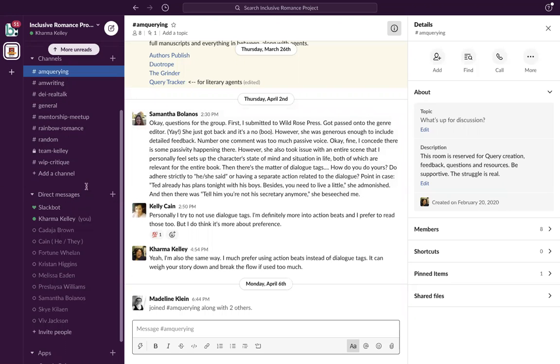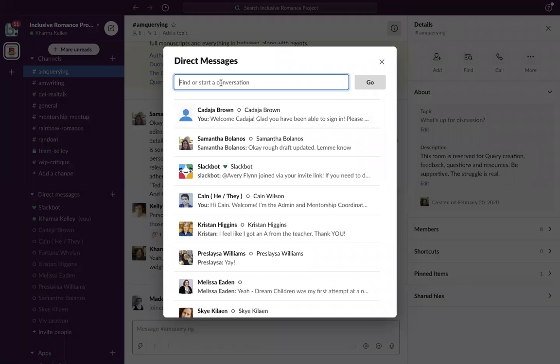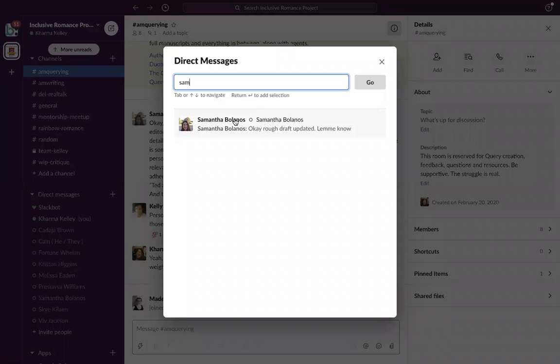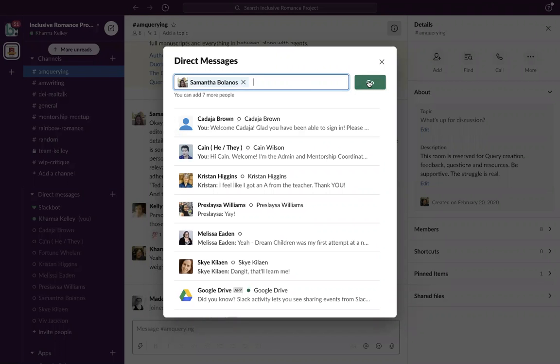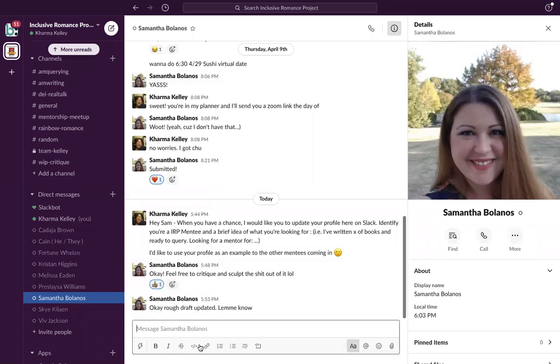So you can talk in a room, and that message is seen by everyone. If there's a particular individual that you want to direct message, over here on your left navigation, you'll be able to have an area here for direct messages. And if there's somebody that you want to speak to, there's two ways you can do it. You can do it here from the left nav and hit the plus sign. And then from here, you just need to type in the person. I'm just going to click on Sam. And then you hit go, and it's going to bring up a chat box for you.